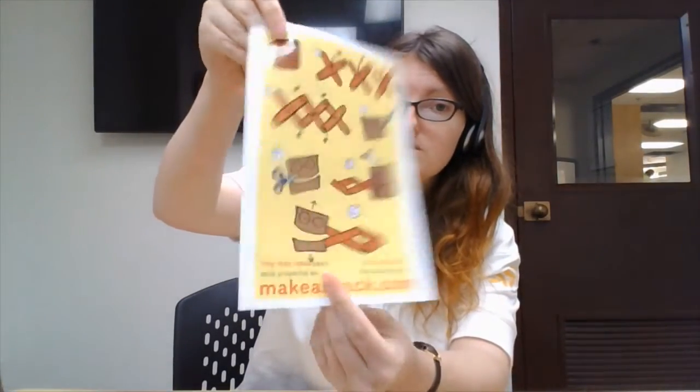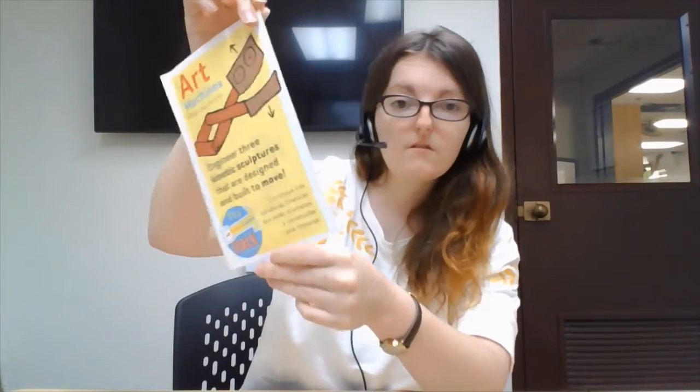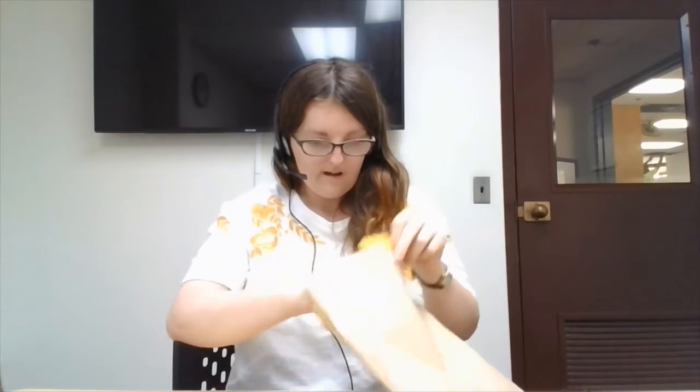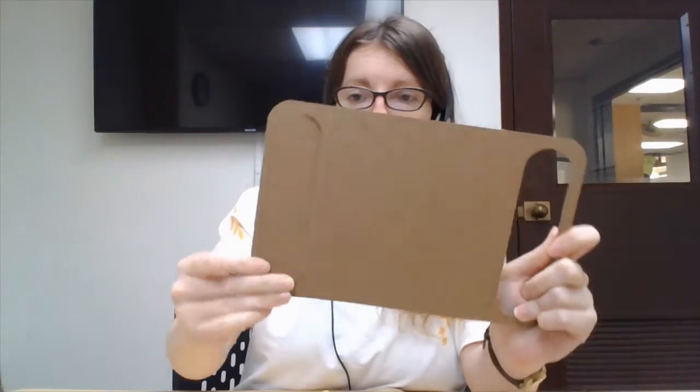So the first thing is you'll get this kind of instruction sheet. It has some picture instructions on the back and a website. We're gonna look into that website too. That's super helpful. And you should have this board with 6 kind of popsicle stick shaped punch out pieces. And it's likely that your stuff will already pop out. That's fine. And you'll have a piece of cardboard,